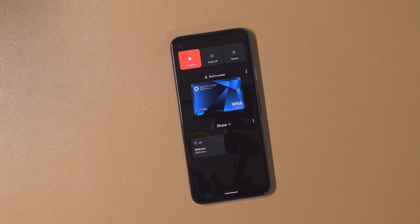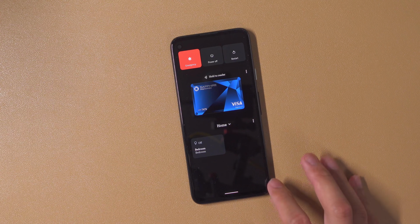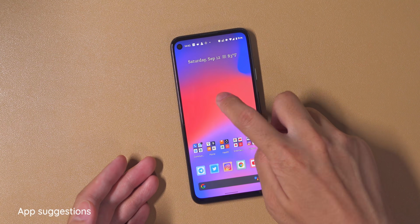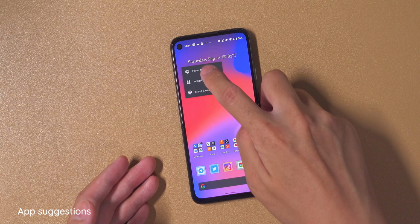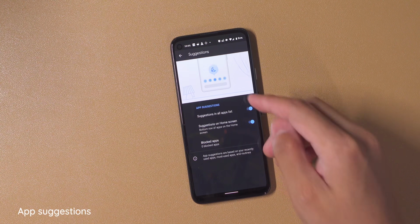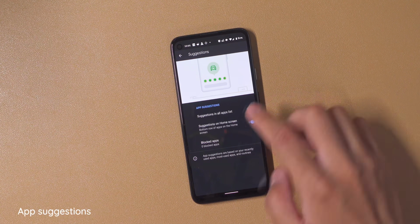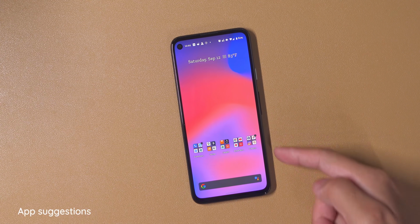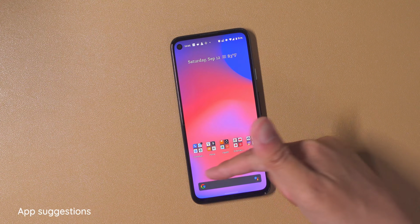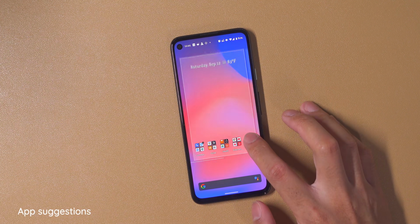A great example is if I go to the home screen, I can get right into one of those particular scenarios. These are called the app suggestions. If I go over to the home settings, right here you have suggestions. You can have the suggestions in the app list, you can have suggestions on the home screen, and that's what we're talking about. See how that empty space is there? That's because all of these folders are usually my dock in Android. If I were to move them down here,